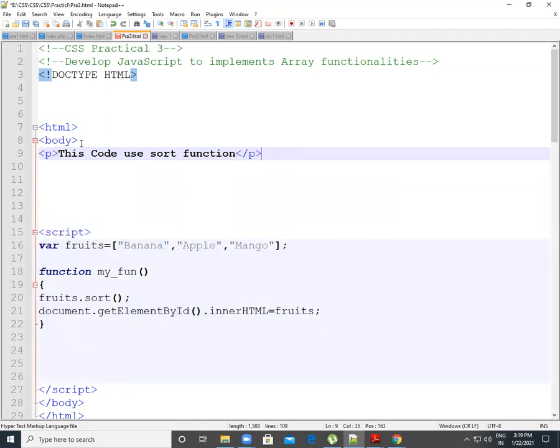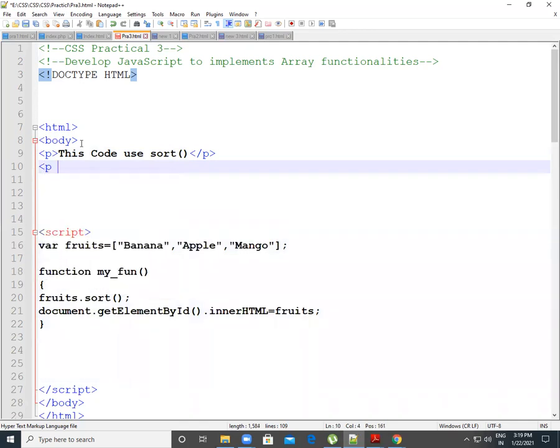Now I wrote my sort function or sort method here. Let's write method or function. So in that p tag I will provide one id. So for the p tag I provide my id equal to demo.